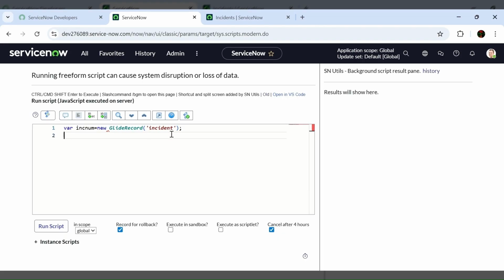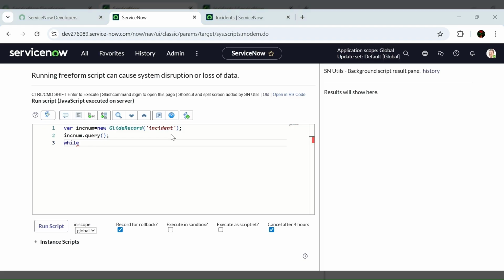And then incNum.query, execute the query, and then